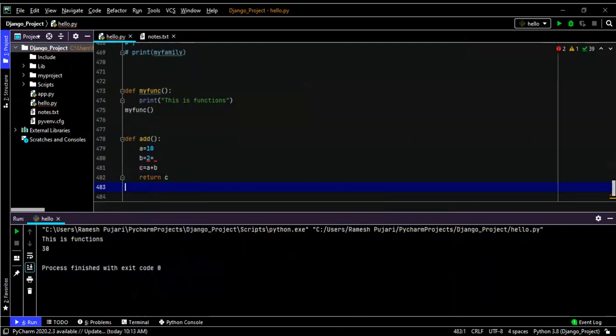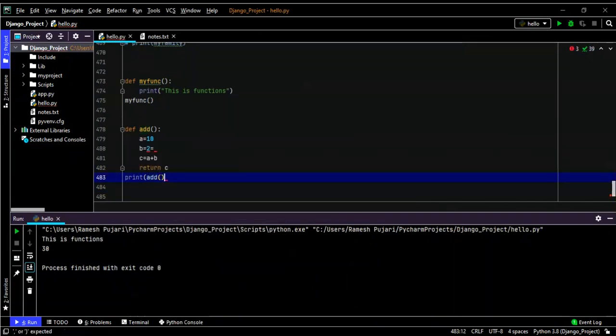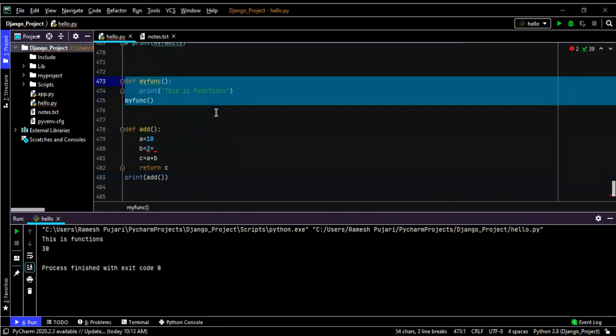Now I have to call the function by using add. Now I will print this function. So if I print, I will get the output as 30. I will comment this code as of now.